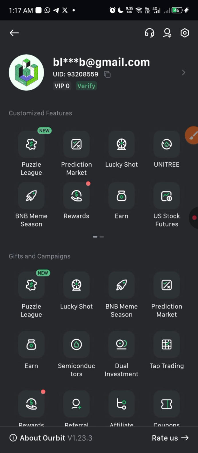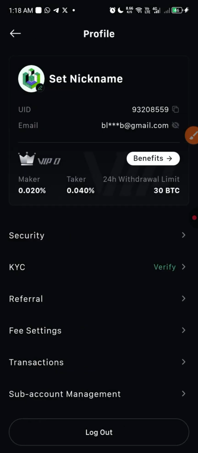Now I will show you what the limit is, because it's the limit that matters. So you come to that place and you click on that arrow right there. Once you click on the arrow, you're going to come to this place. You can see